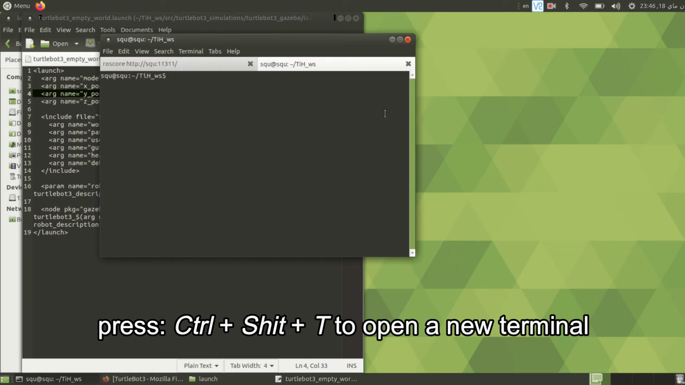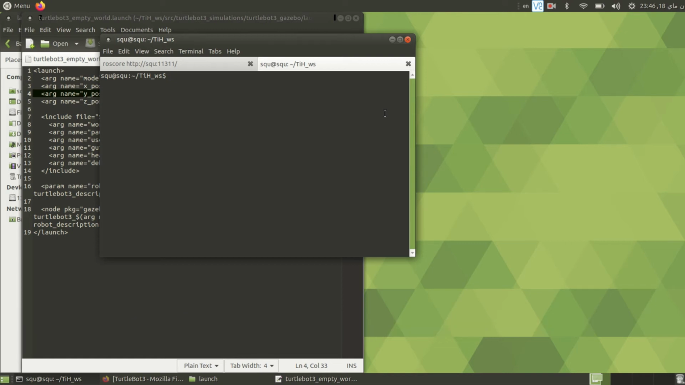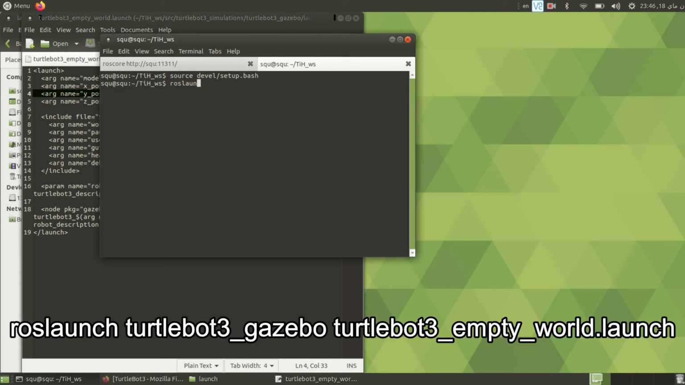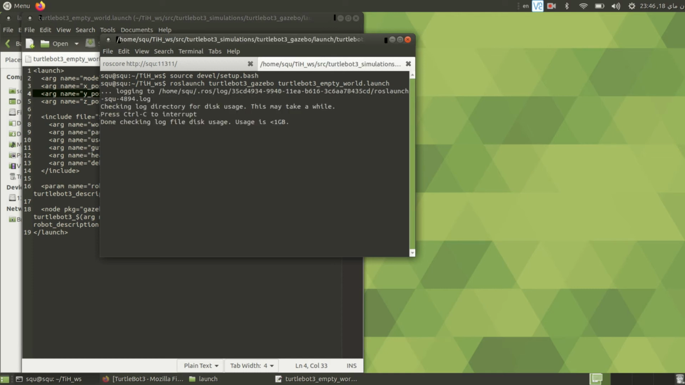So with Ctrl+Shift+T, you can open a new terminal, and inside this new terminal again you have to write source devel setup.bash, and then after that with this command roslaunch turtlebot3_gazebo, and then again turtlebot3_empty_world.launch. If you press enter,